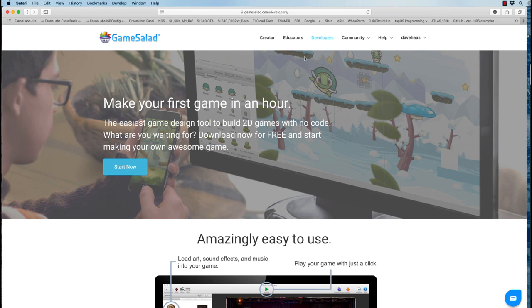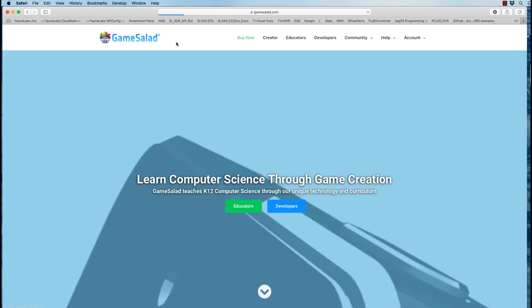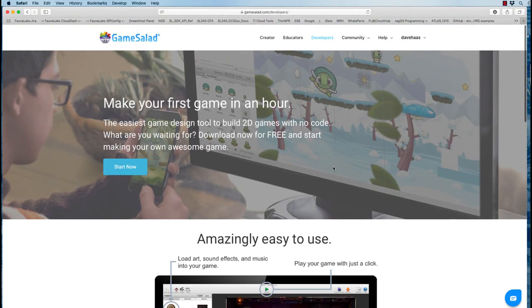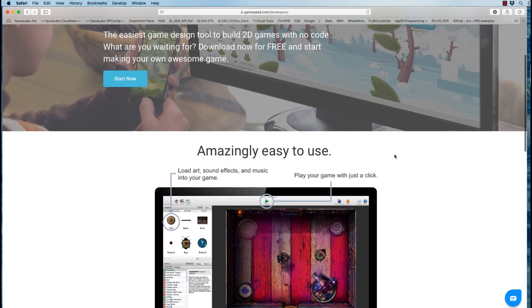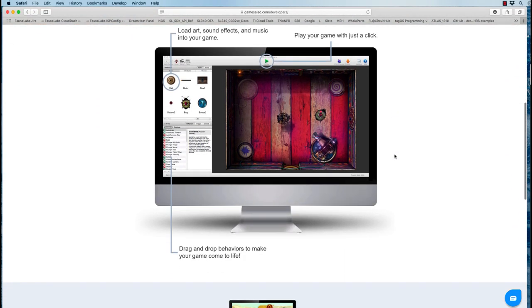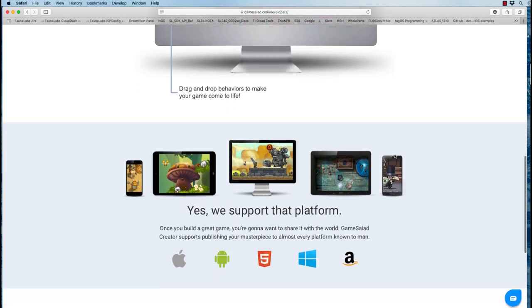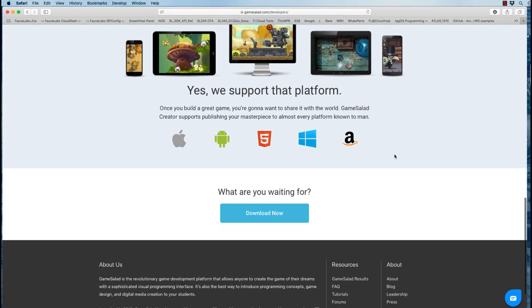So let's begin by showing you how to get the GameSalad game programming environment where we're going to be doing all of this work today. If you visit GameSalad.com, you'll come to the main page. If you click on the developers link up here, it will take you to this page. They make the claim that you can make your first game in an hour, and actually building the demo that we're using today, Beluga Blast, I found that that's true. If you have some basics under your belt, which you'll have by the end of today's webinar, you should be able to put a game together in a very short amount of time. It's not going to be perfect, it's not going to be polished, it's not going to necessarily be beautiful, but it will be something that you can start working with.